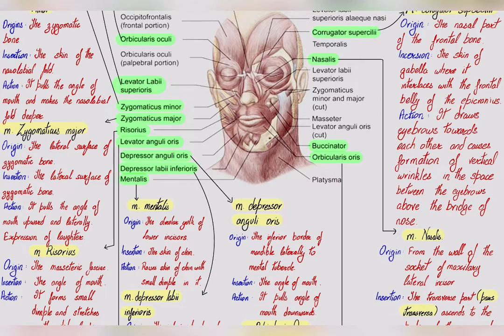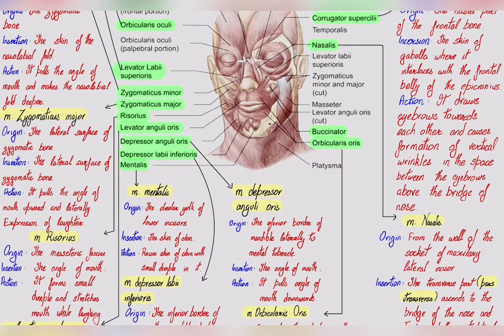The next muscle is the levator anguli oris. This muscle is located over here and performs a very simple function. It originates from the canine fossa and has its insertion in the angle of the mouth. The action that it performs is that it raises the angle of the mouth, as simply as the risorius, which also pulls the angle of the mouth, zygomaticus major, which pulls the angle of the mouth, and as well as zygomaticus minor, because all these muscles are indirectly or directly involved in pulling up the angle of the mouth.